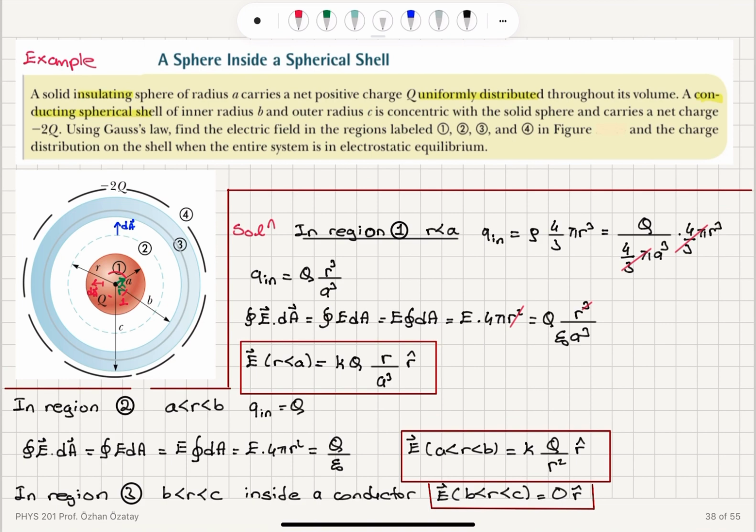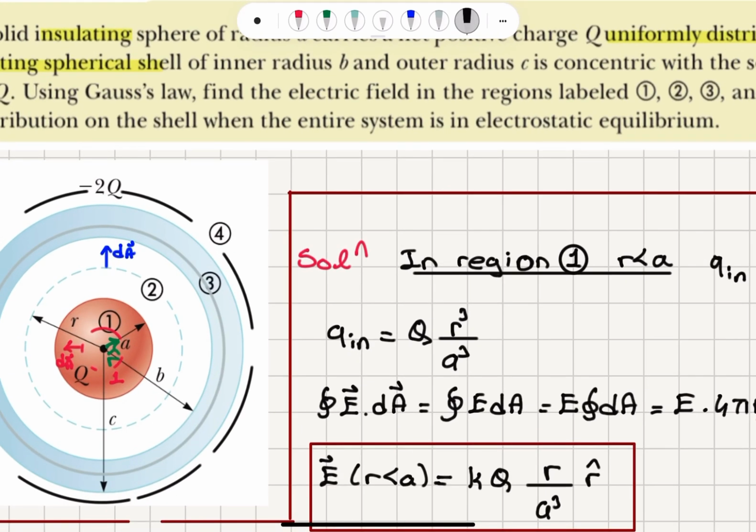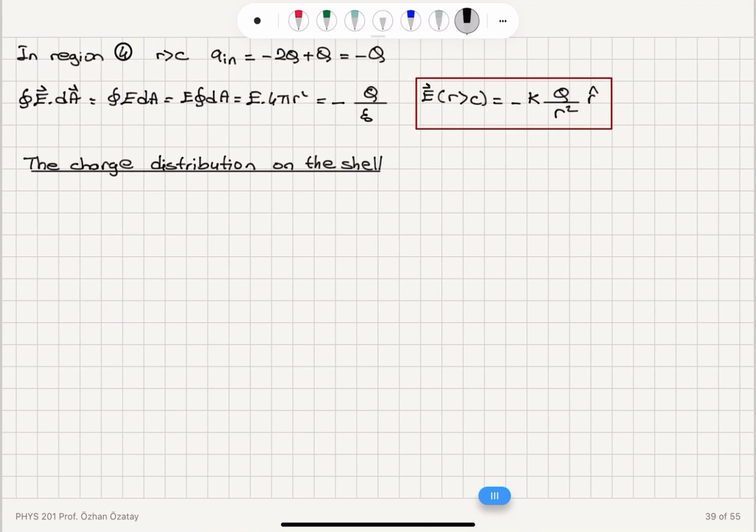So here the electric field would be pointing basically in this direction. So this would be electric field for r greater than c, pointing radially inward. Now, what is the charge distribution on the shell? Now, in region 3,